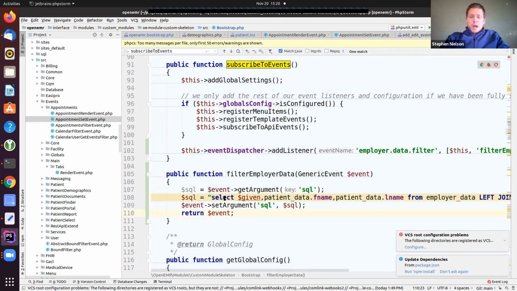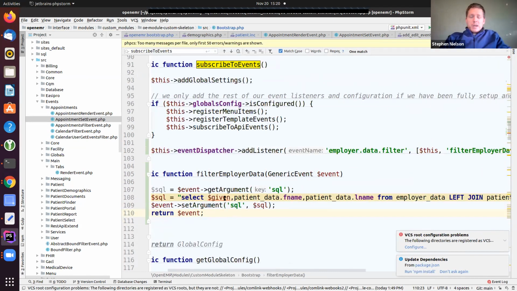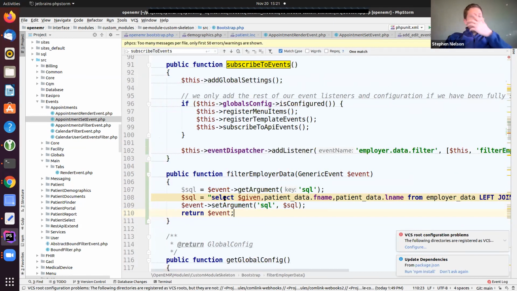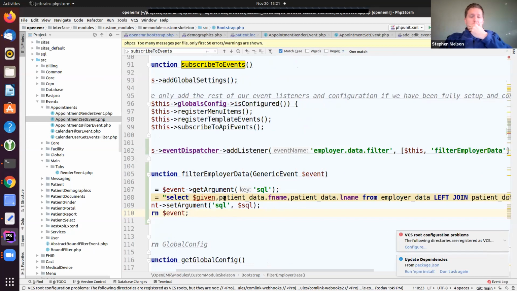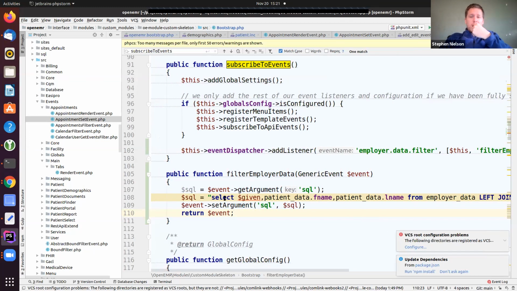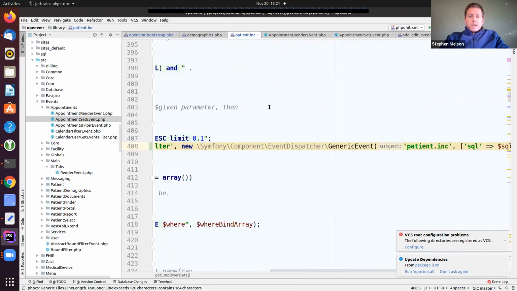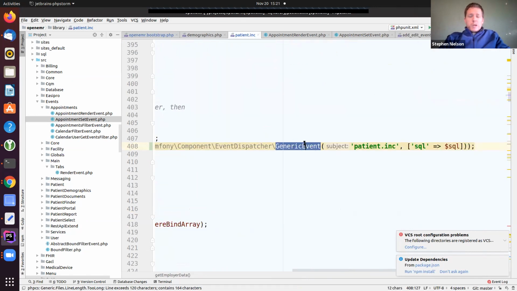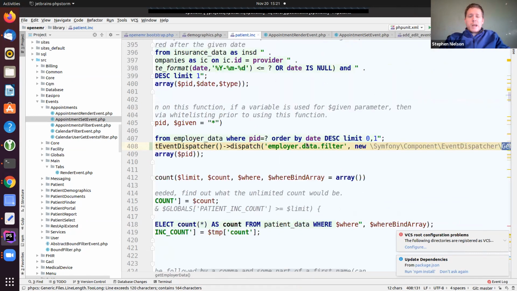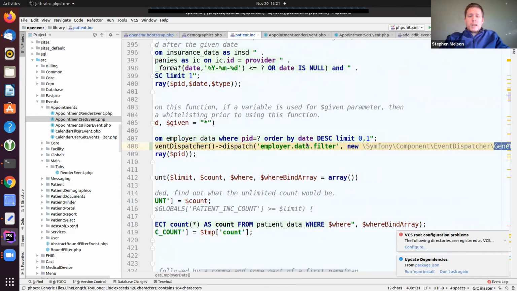Right. So now I've gone through and I've changed what that value is. I had a developer who asked me, how do I make this generic? How do I make sure that I'm not just creating tightly coupled code in my module? How do I know whether it's going to be a generic enough event, right? Because when we review a pull request, we particularly aren't going to like you using generic event, but it works for when you're testing things out and trying to figure out, is this going to work for modifying core?